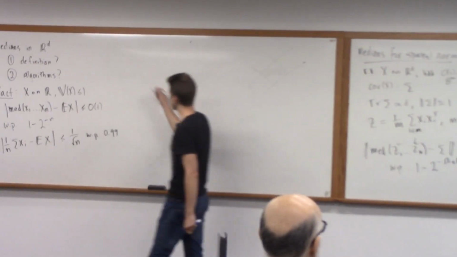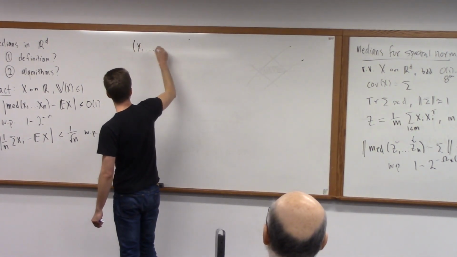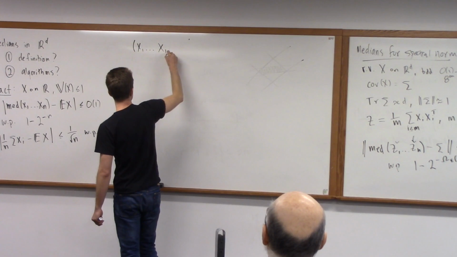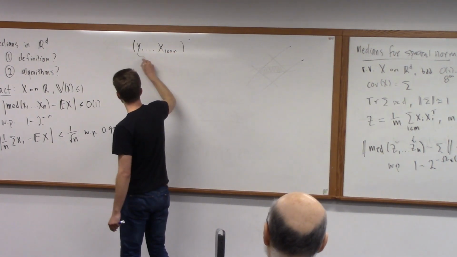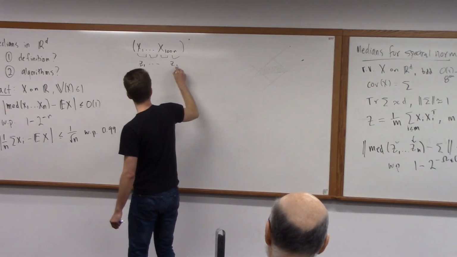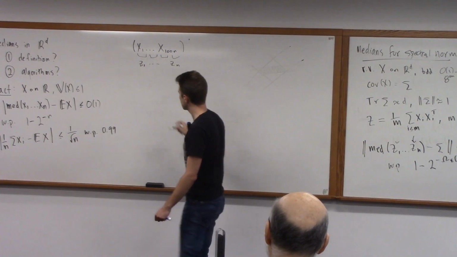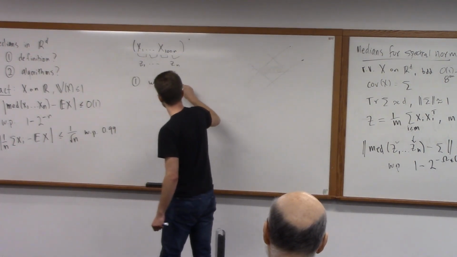Okay, so a little bit more formally, what we can do is we can construct a joint distribution on a whole list of samples, x1 to like x100n, such that if you group these things up, you look at these z matrices, zn, under one distribution, with high probability there exists